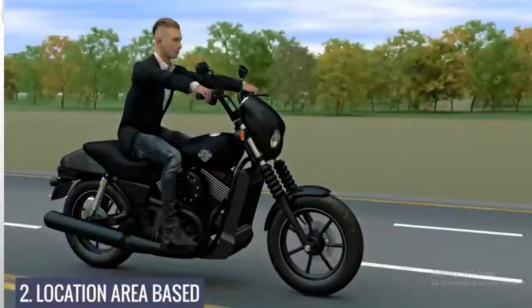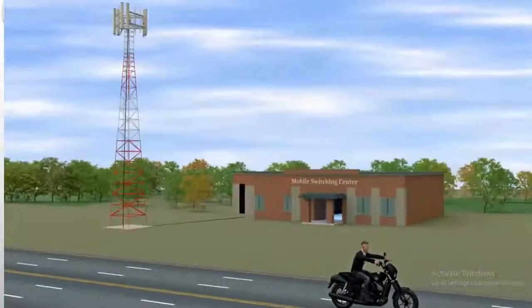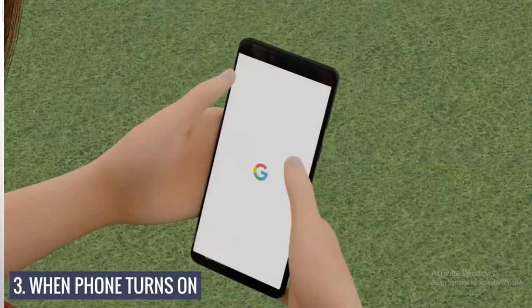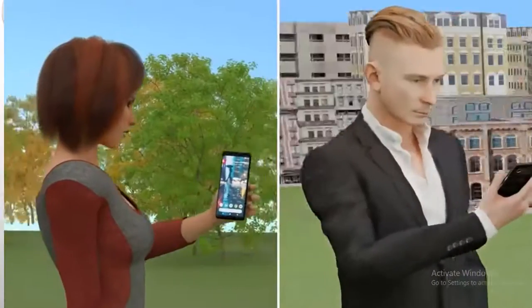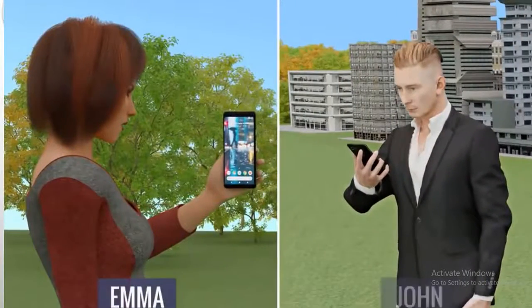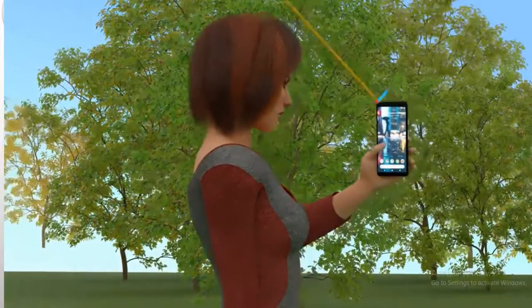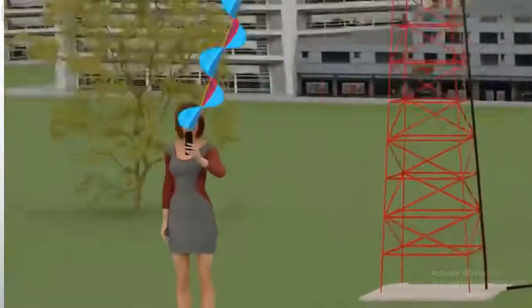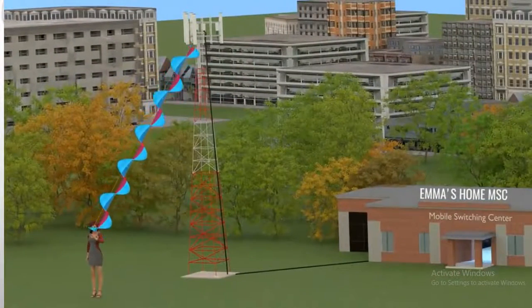You are going to have your update of your MSC, and then whenever you make a call to your friend, this user MSC takes the signal from your user, that is your caller. It generates one electromagnetic wave. That electromagnetic wave reaches the destination user's mobile switching center.